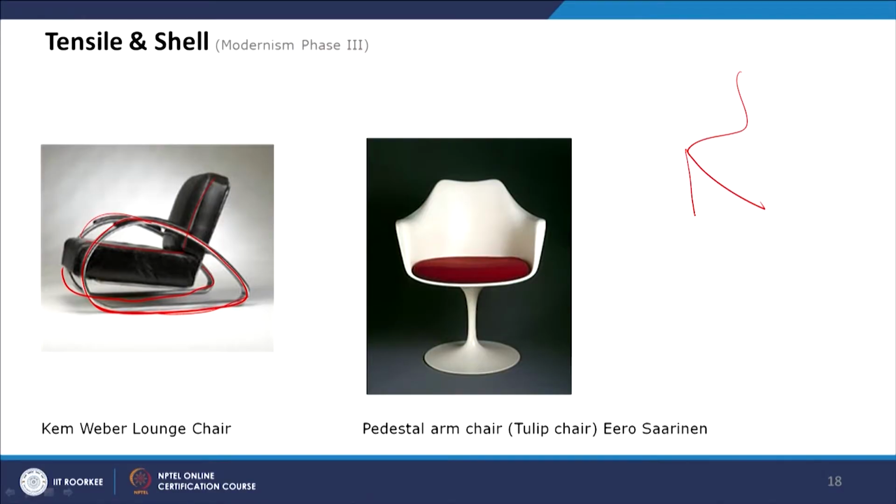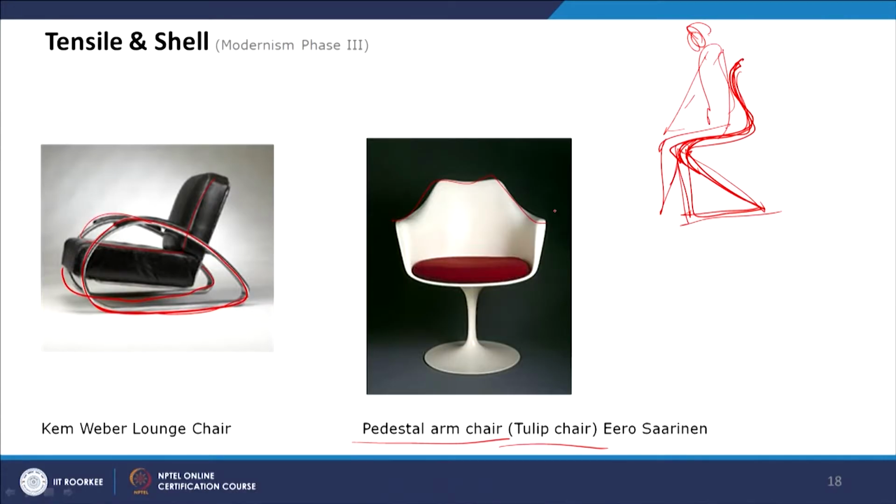For example, there was a Pantone chair which we have shown earlier, which falls under the streamlining phase. The Pantone chair also falls there because of this curve, which is designed for the ergonomics of human body posture, but this curve is also just for aesthetics. And this Pantone chair comes in black, white, black and white, as well as different colors like orange and